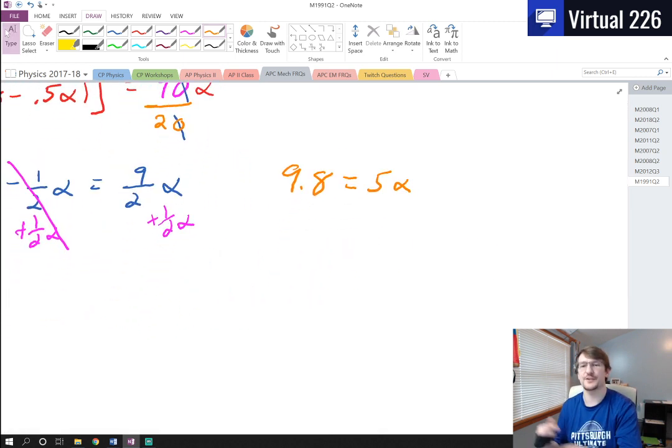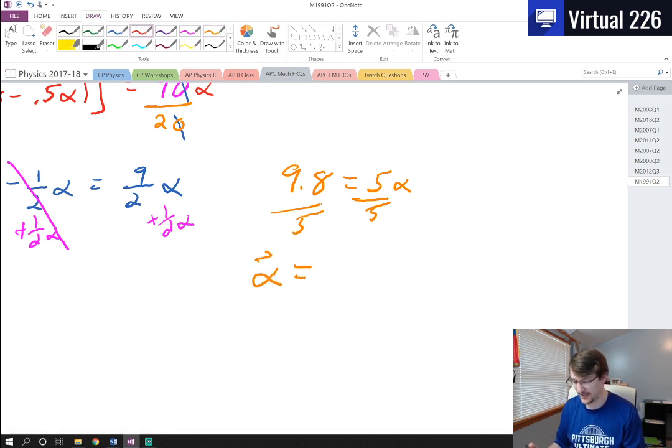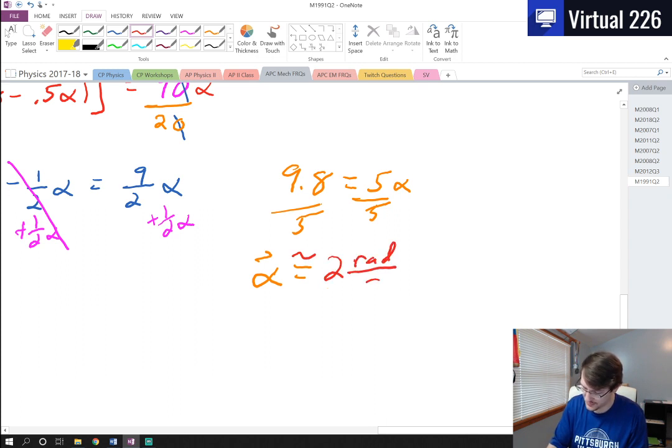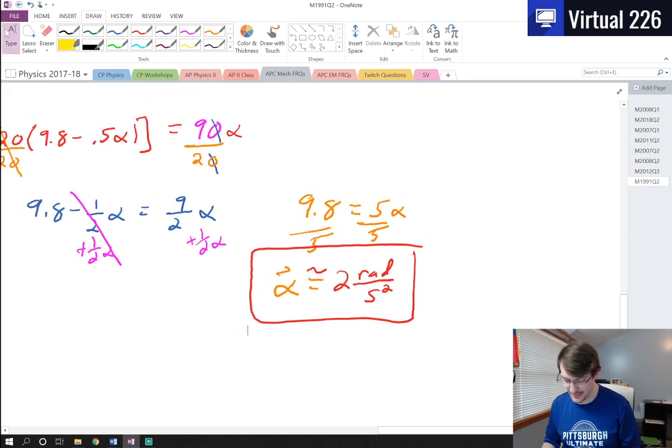And this would have been nicer if I just chose g as being about 10, because then my answer would be about 2. But when I divide each side by 5 at this point, we find that alpha is whatever 9.8 divided by 5 is. It's about 2 rads per second squared. Okay, so that's not that bad,